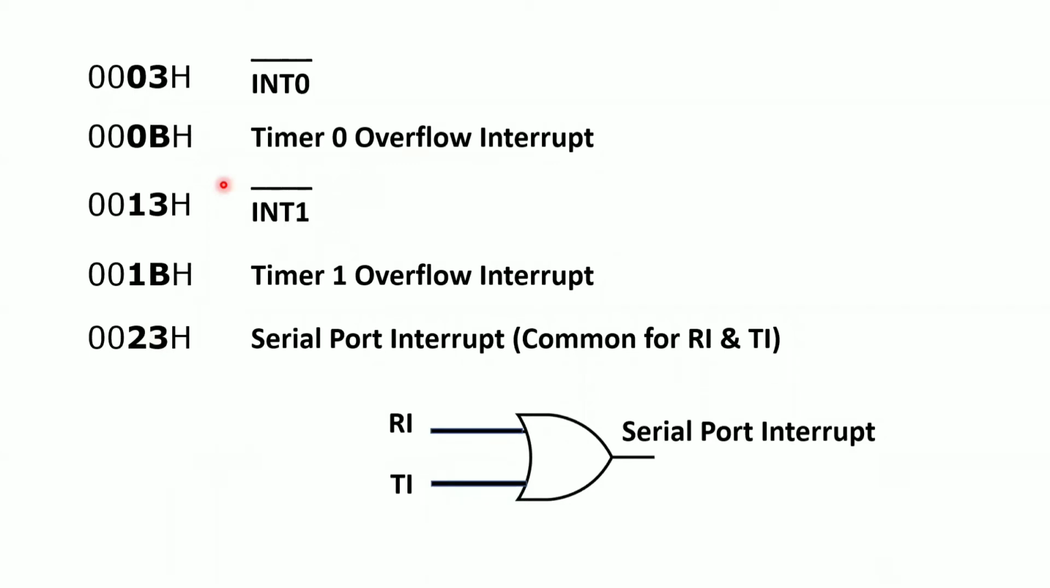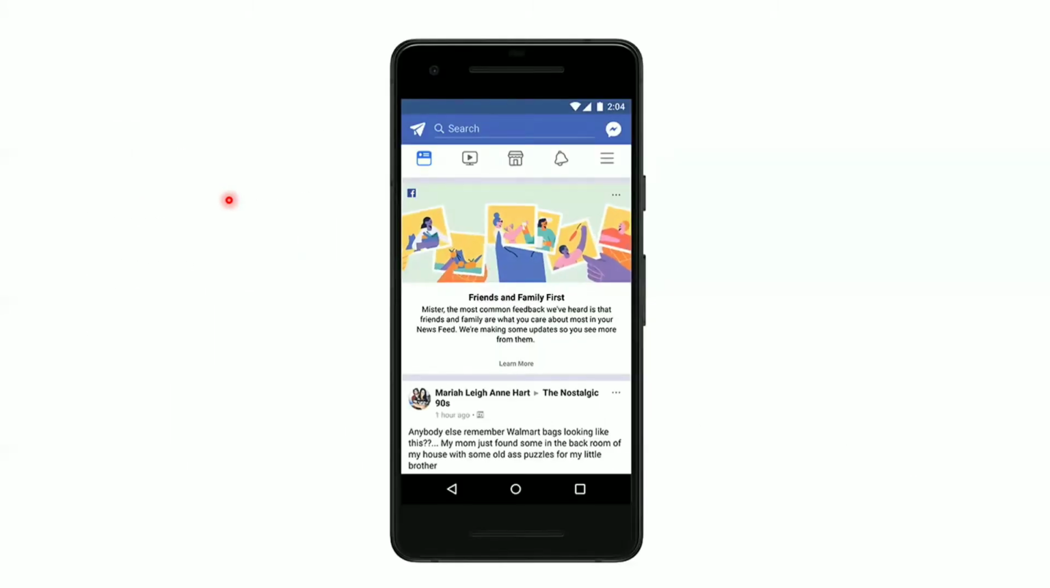Now we are going to see how exactly interrupts occur with a real-time example. I'm sure you all have a mobile phone, and in it a social media app like Facebook. Once you open Facebook and are searching or seeing something, watching a video or reading a news article or news feed,